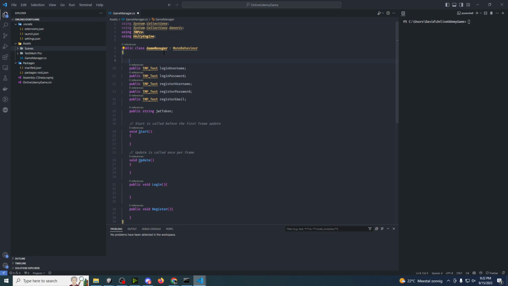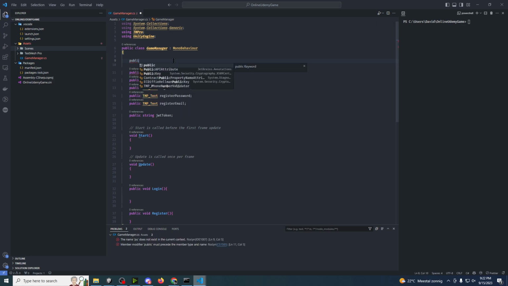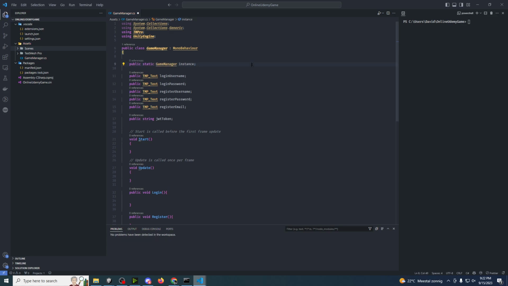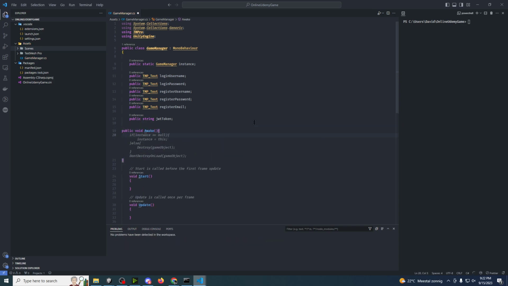And how that works is, let's just make some room. You make a public static, okay, Copilot is already spoiling it. We make a variable called instance. It's static, so it's accessible everywhere, of type game manager. All we do in the public void awake, so once the script starts, we assign it. If the instance is null, we assign this to instance. We don't need don't destroy on load. So now,